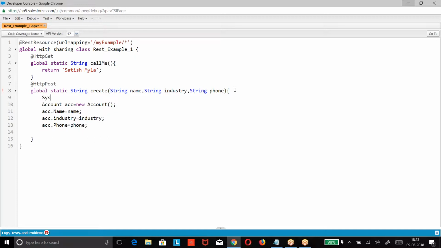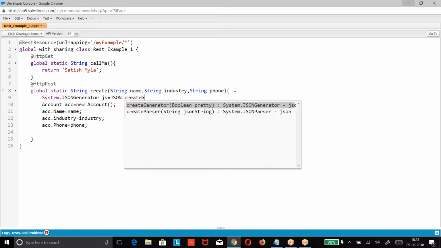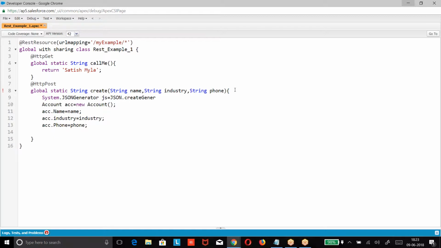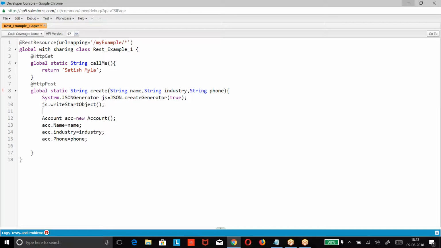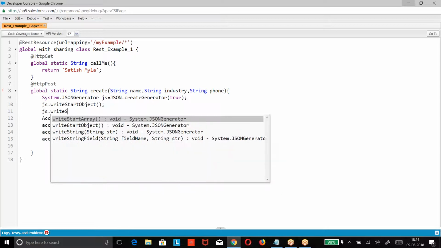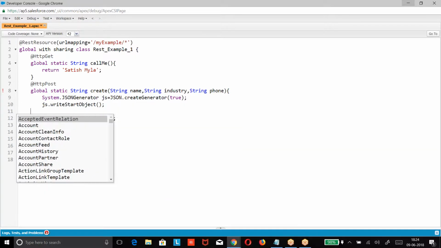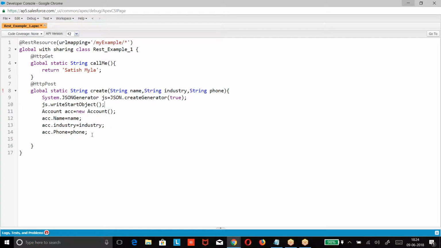So I am trying to make JSON. Insert ACC.